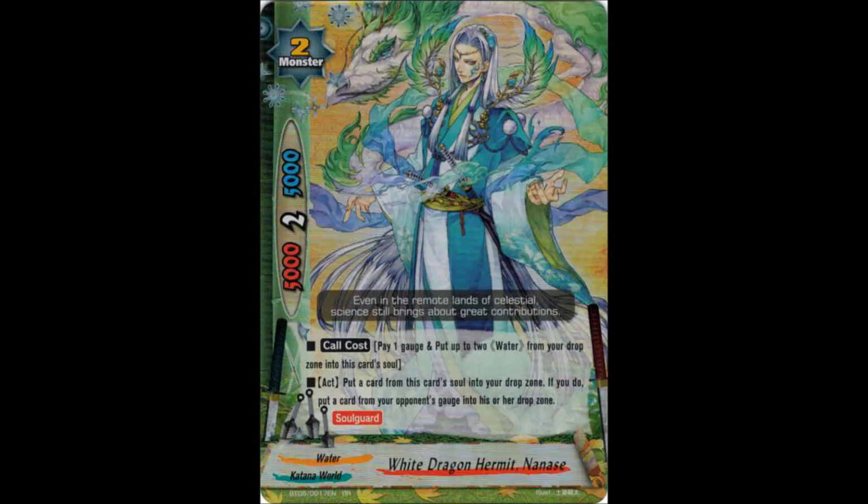However, other cards like, say, White Dragon Hermit Nanase say put a card from this card's soul into the drop zone. If you do, choose a card in your opponent's gauge and place that into their drop zone. So let's say that you use Nanase's skill, you target one of my gauge. If I use that gauge and respond to your effect by casting Death Grip on Nanase, Nanase will then be destroyed first, it will resolve, and you'll have to pay another soul after you just lost it from the destruction